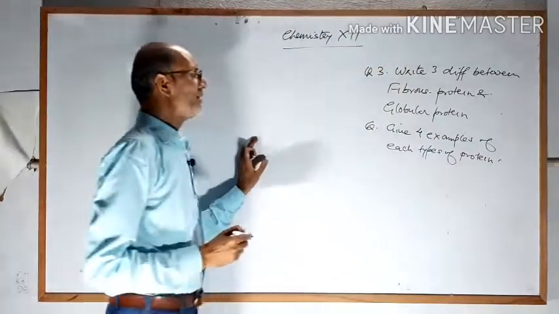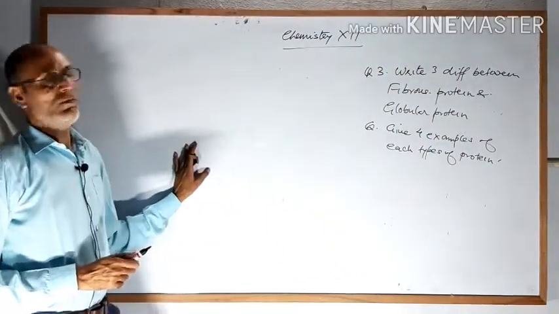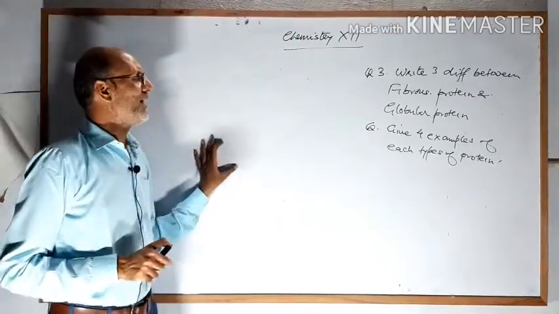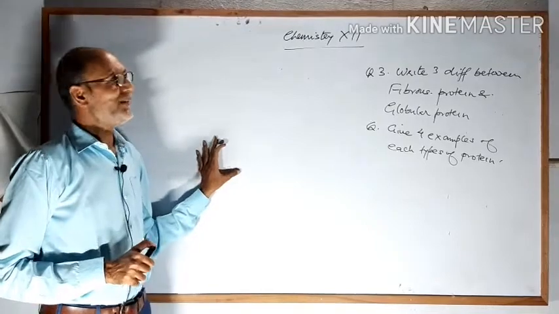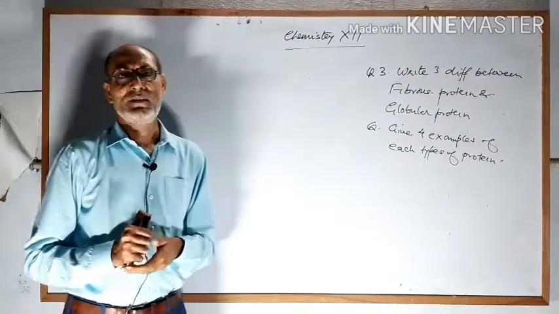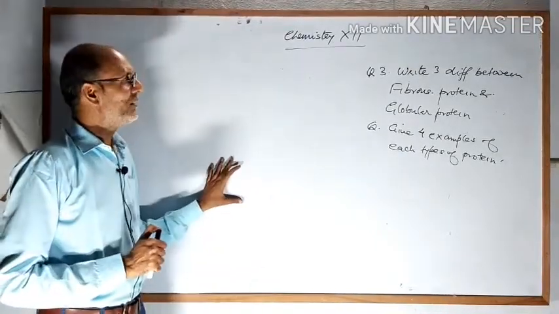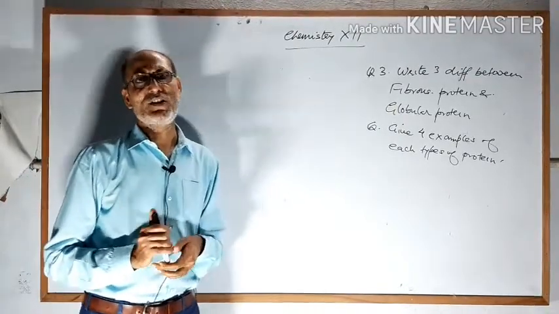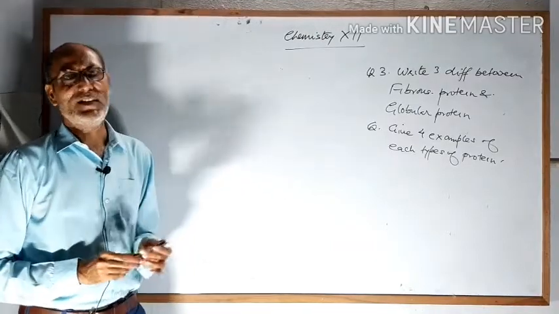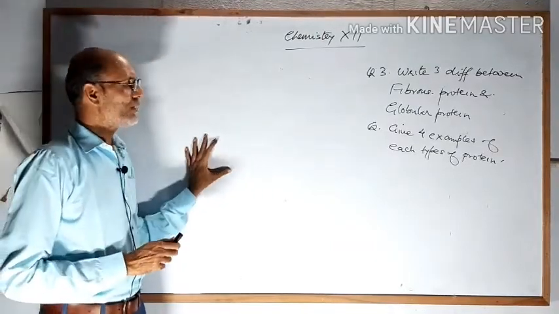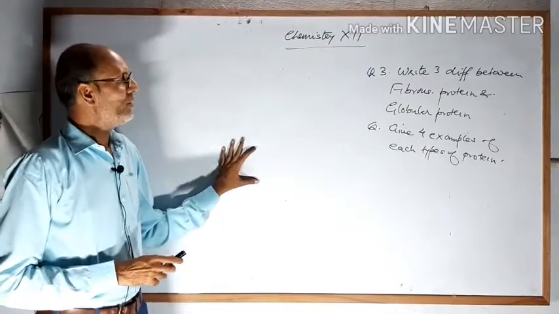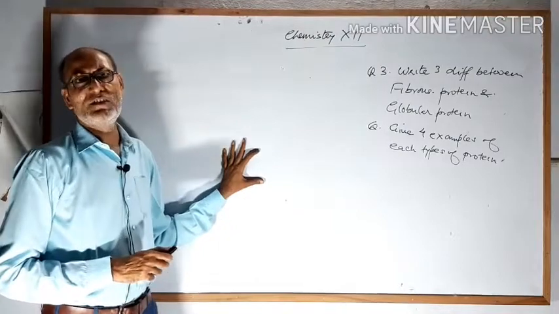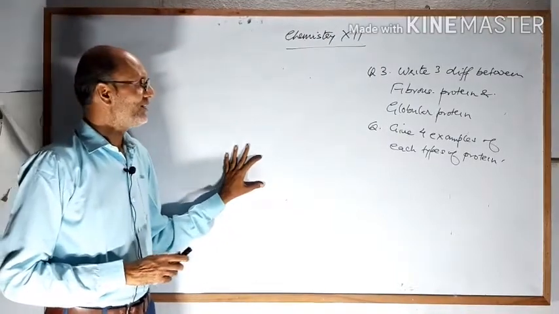Okay, students. Now see what will happen, how the structures of the protein can be drawn. That means what is the nature of the structure, how you will classify the structure. As you are seeing, there are 2 types of protein. The structure of protein is very complicated, it is not possible to draw in an easy manner. So structure of protein is classified into 4 methods, that is primary structure, secondary structure, tertiary structure.